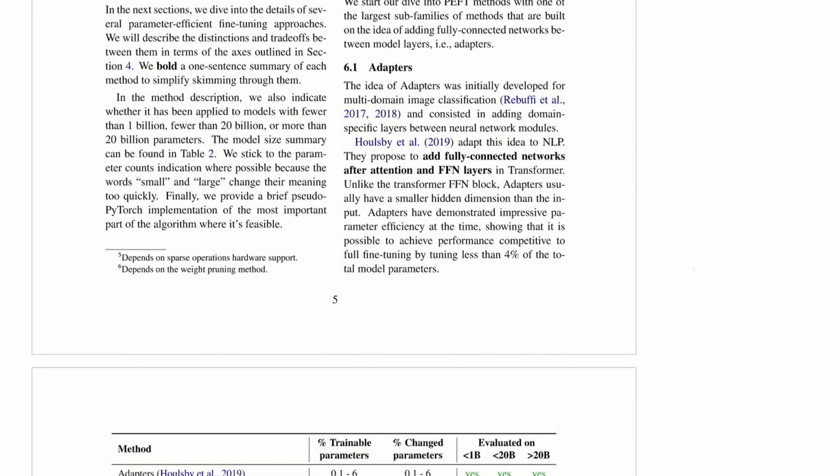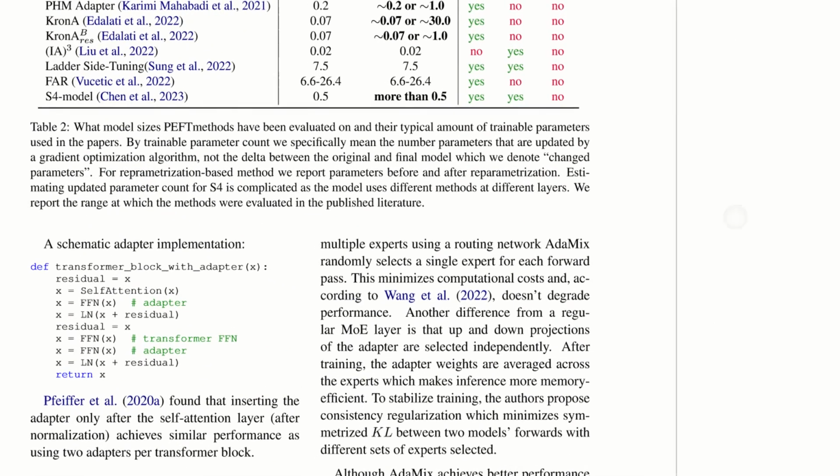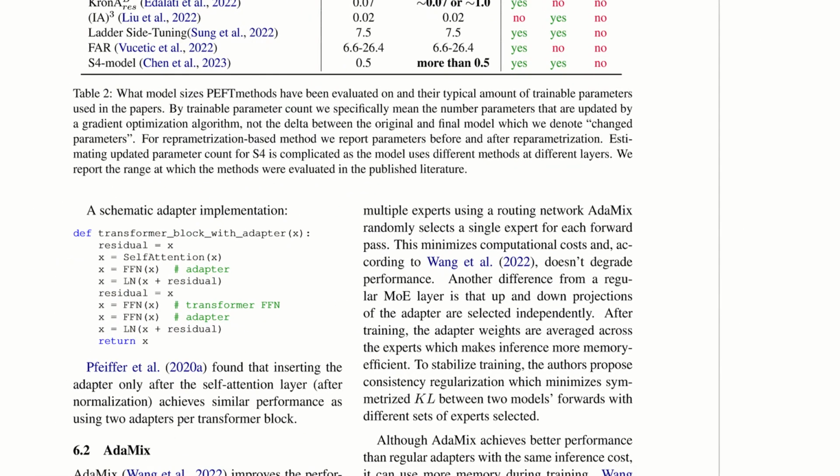What happens here is, actually the easiest way to explain this is to look at this pseudocode. Again, if you remember the transformer block that we just looked at, most of this should be familiar. But then here you see that after the self-attention block, you have a tiny FFN that's been added. And after the second FFN, there's been another one added. And of course, this is followed by layer normalization